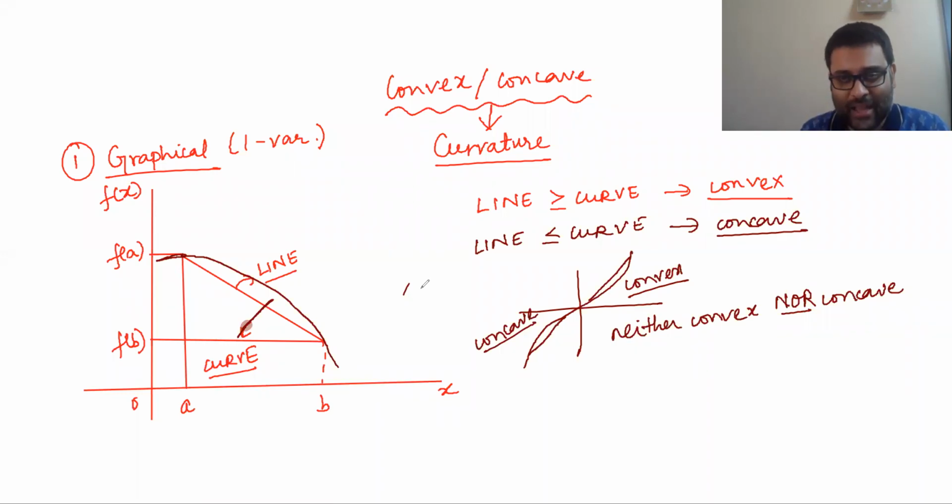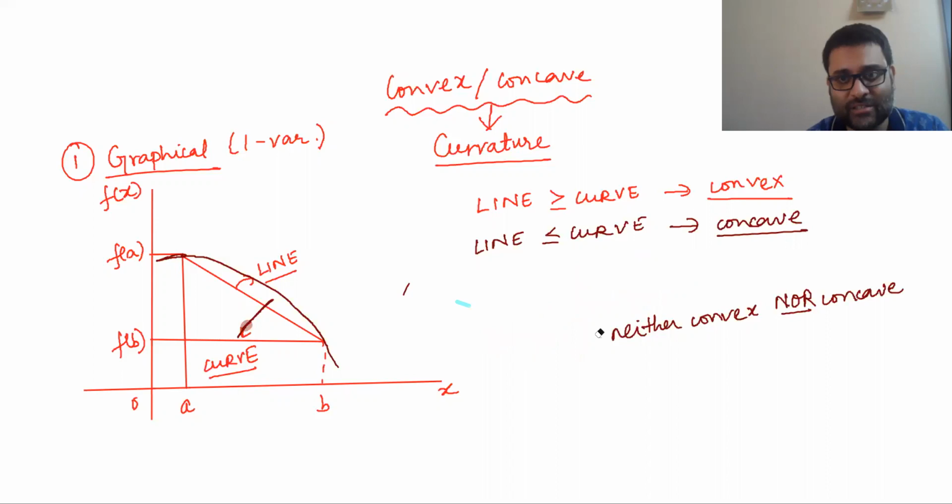Convexity and concavity are binary properties. Either the function has to be throughout convex or the function has to be throughout concave. It cannot be partly convex or partly concave. I hope that is understandable. This has to be kept in your mind, that a function cannot be partly convex or partly concave. That is impossible. So this sort of an example is a function which is neither convex nor concave.